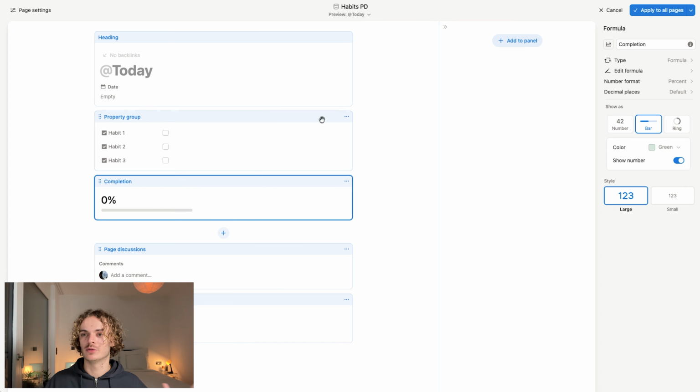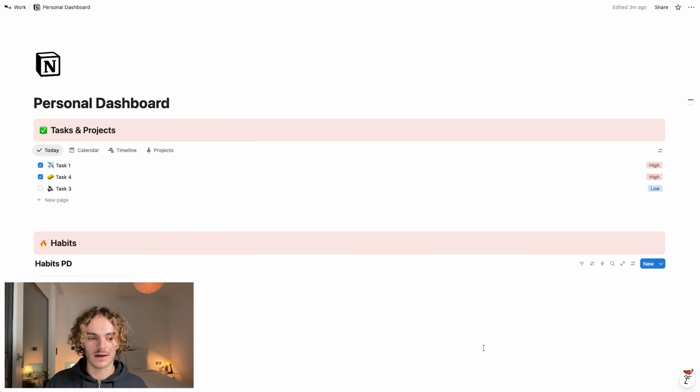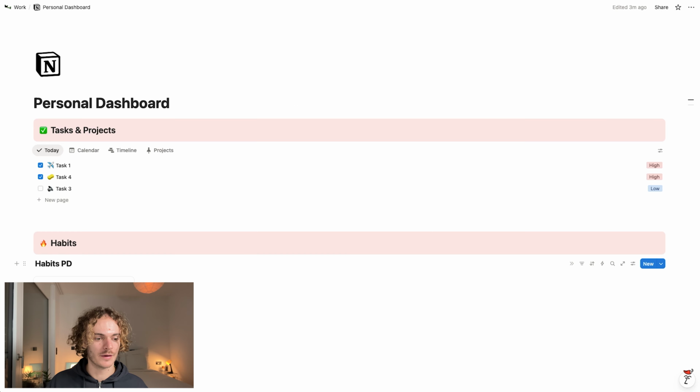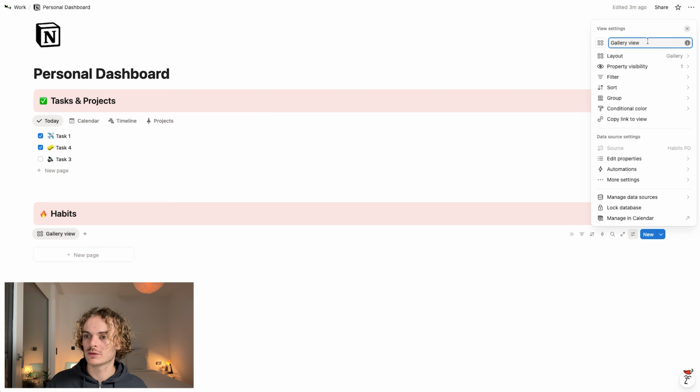Let's put the completion at the end. Apply to all pages. And here we are. The thing to never forget is to set it as default, so for all the views. And right now we can hide this database title. So here let's just put gallery,